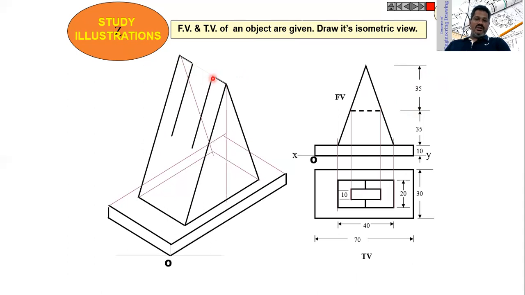And from this corner also draw a line which is parallel to this line, 35 millimeters. Then join these two end points like this. Then draw a corner point like this. Then draw one more point like this, which gives us the isometric view of the given figure for the given